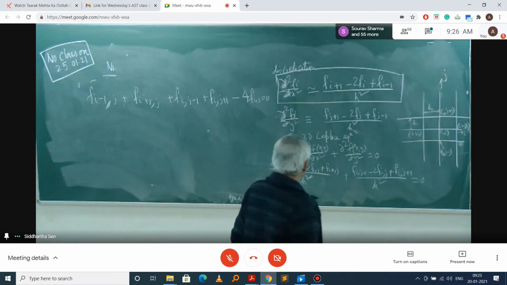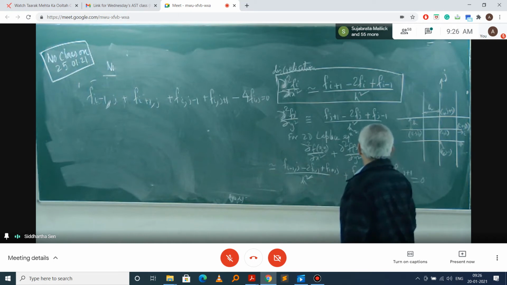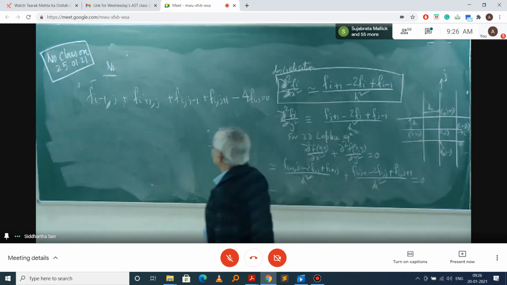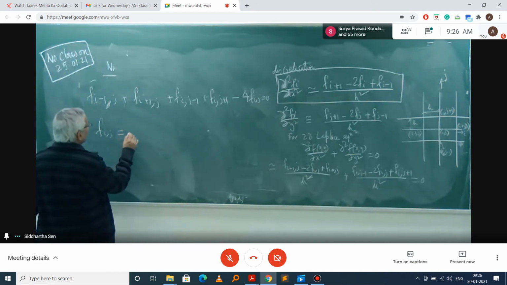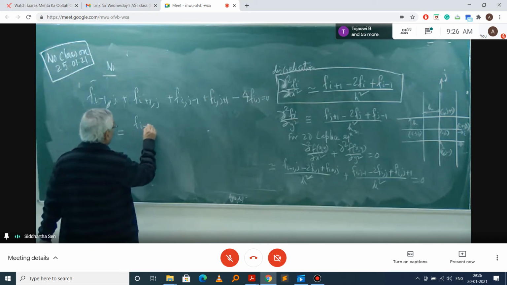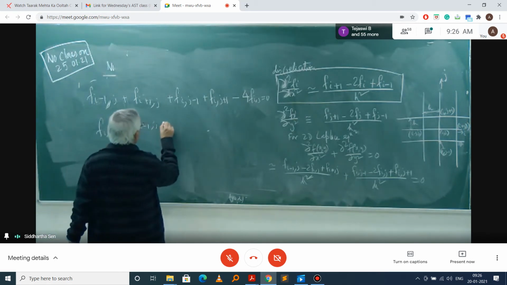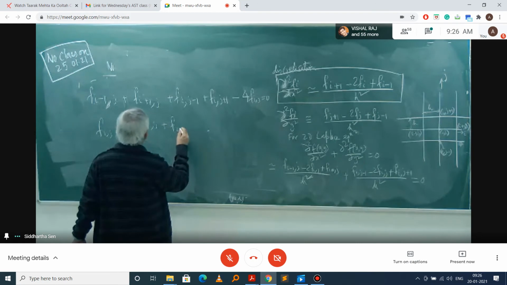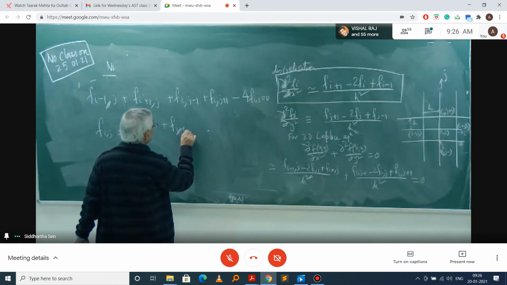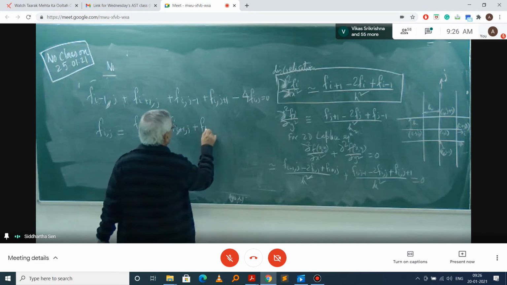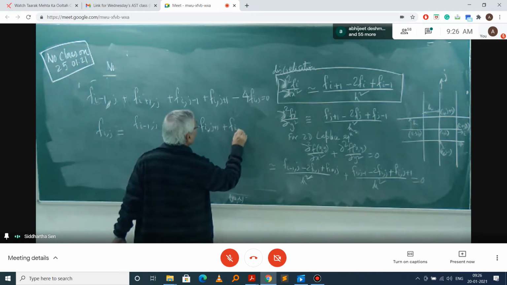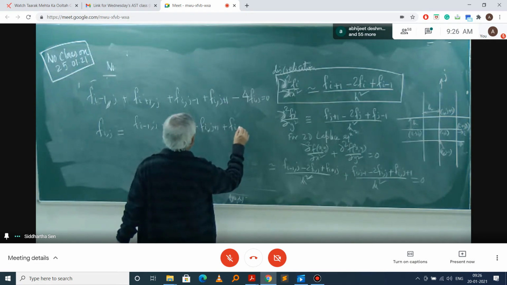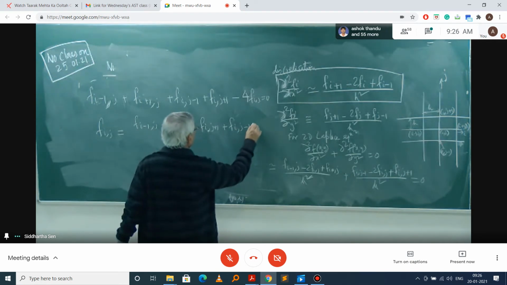Because 2 f ij and 2 f ij, this comes up like this. So basically, f of I comma j is equal to f of I minus 1 comma j plus f of I plus 1 comma j plus f of I comma j plus 1 plus f of I comma j minus 1, divided by